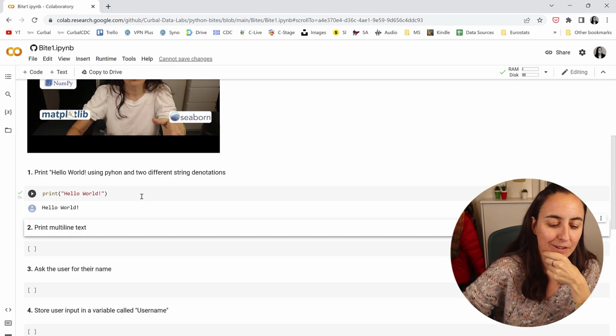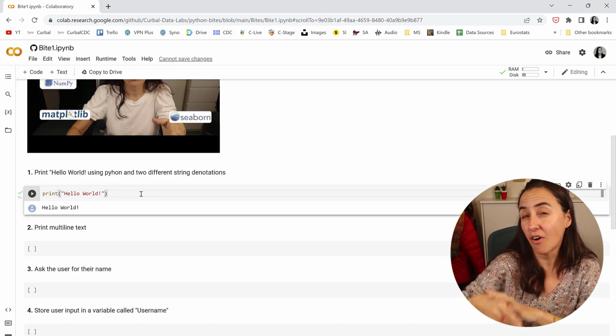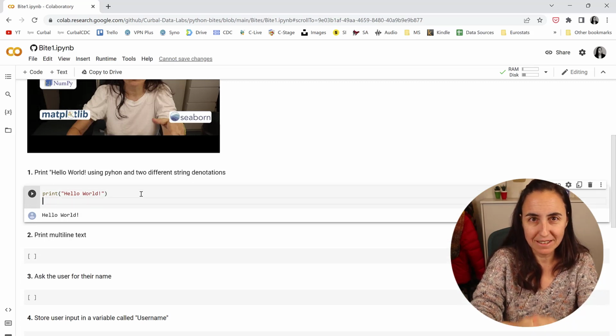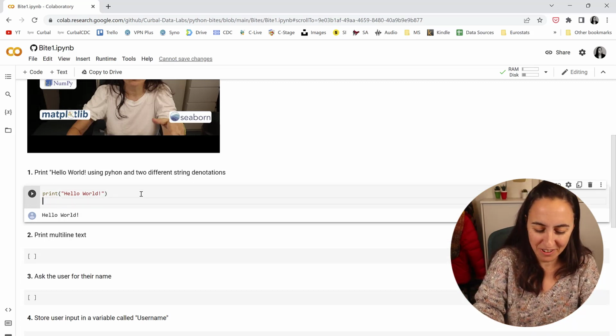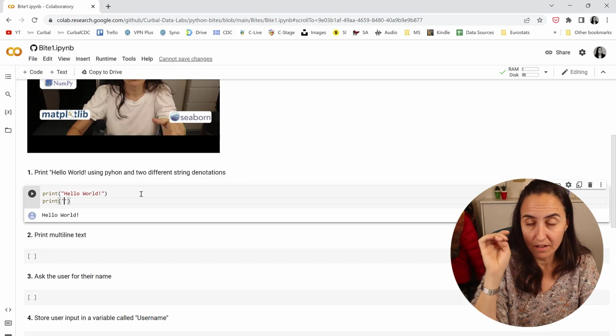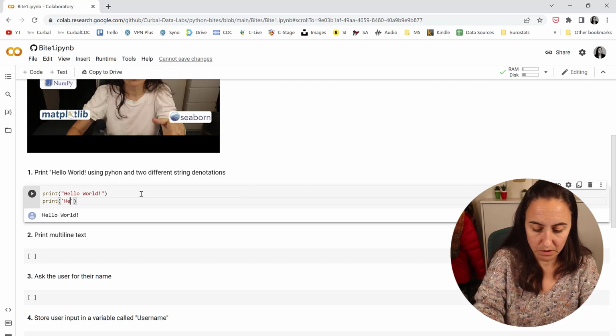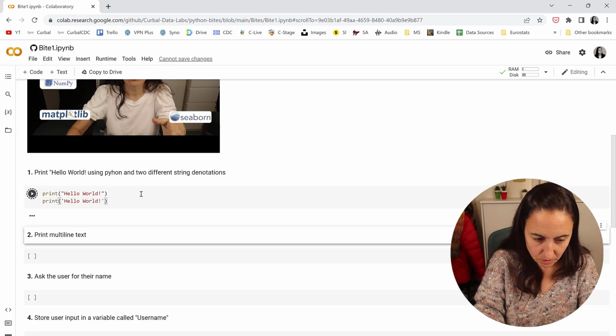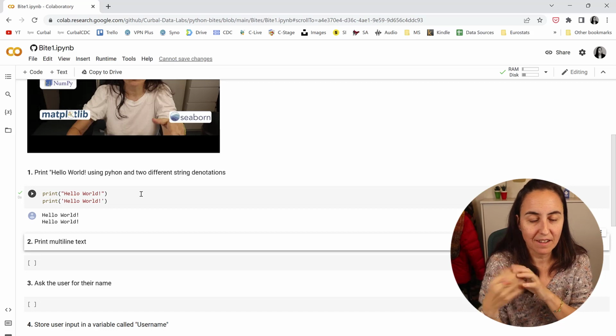Yeah, so hello world. Now, as I told you, there are other ways you can print. So to create a new line, you press enter, okay? Exactly the opposite as a lot of other programs. Very confusing. So print, and then we are going to print hello world with single quote, hello world. And then shift enter. Maybe you should put that one too, shift enter, and then it'll print again hello world